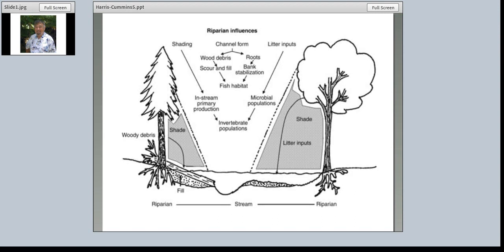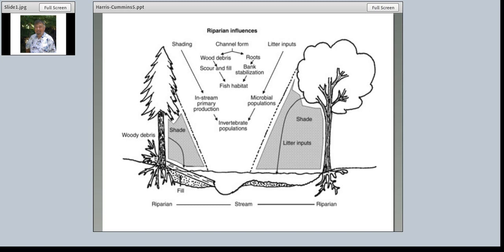As is well known, the riparian zone along streams in forested watersheds has a lot of functions related to how the stream ecosystem functions. You can see they're both physical and biological interactions. The ones I'm focusing on in this talk are the shading by riparian canopy cover and the litter inputs from the riparian plant species. So the management will be a combination of changing the relationship of the shade and the species composition of the trees, which influence the litter inputs.